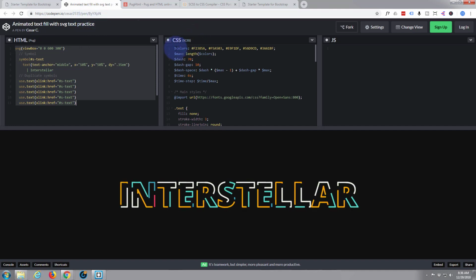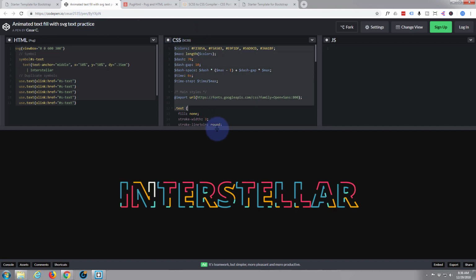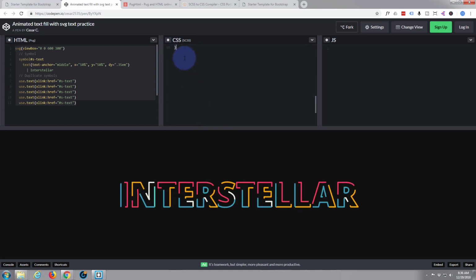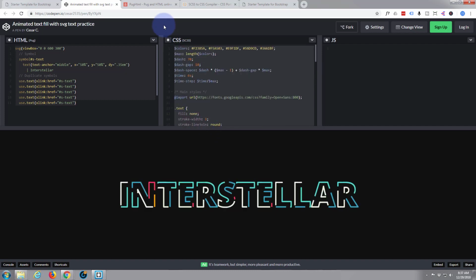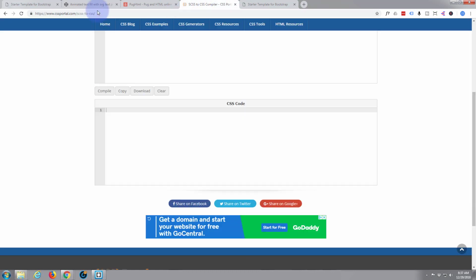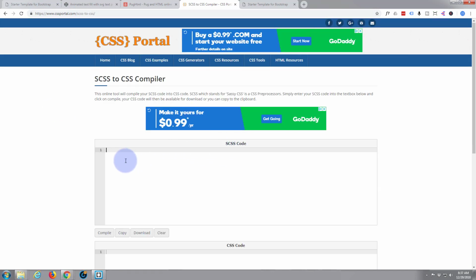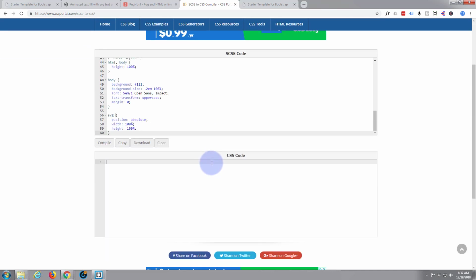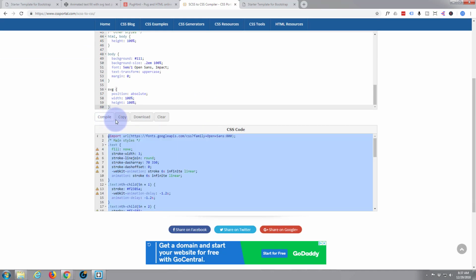CodePen site here, and let's grab this SCSS code right here, top to bottom. I'll make sure I did get all of that. Control C to copy, and we'll go to this URL here, cssportal.com, and you can paste your SCSS code in here. And again, I'll put this link below the video so you've got it. Hit the compile button, and it's output the CSS code for us nicely down here. So I'm just going to right click, copy that,